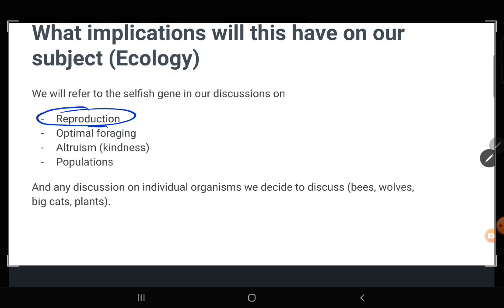We're also going to talk about it in optimal foraging strategy. We're going to talk about how the gene designs us to be lazy. Our selfish genes are set up for the past, as I've said before. And in the past, it paid to be lazy. Spend the least amount of energy possible while gaining the most possible. That is one of the laws of nature. We have to fight that.